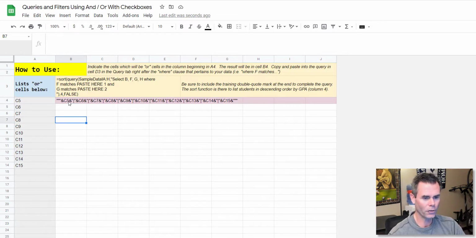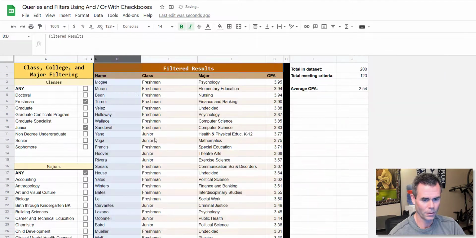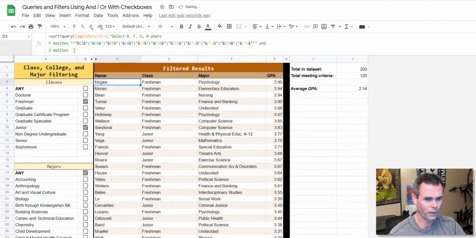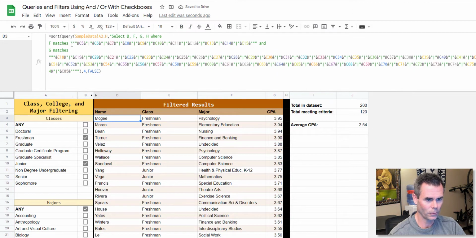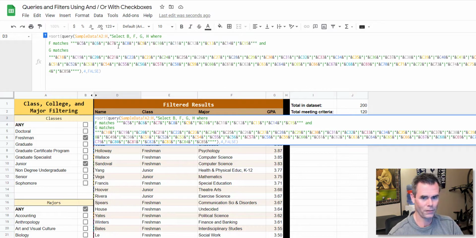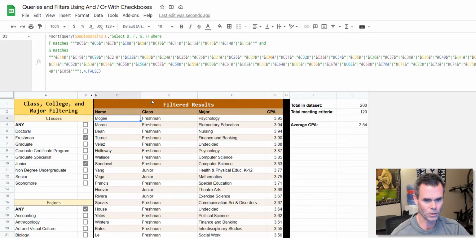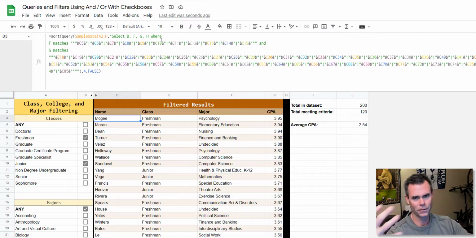All you would need to do then is take this part of this formula and jump back into, hide this again because it's bothering me. Go back into our formula, and now I'm just going to say it's going to be equal to this. Wherever the triple quotes are, I just paste it, and I've got it. That way you don't miss anything when you're trying to do it. So that's built into this spreadsheet, the ability to help you make